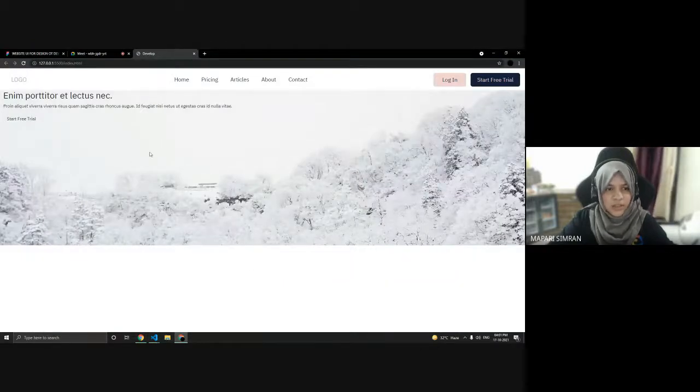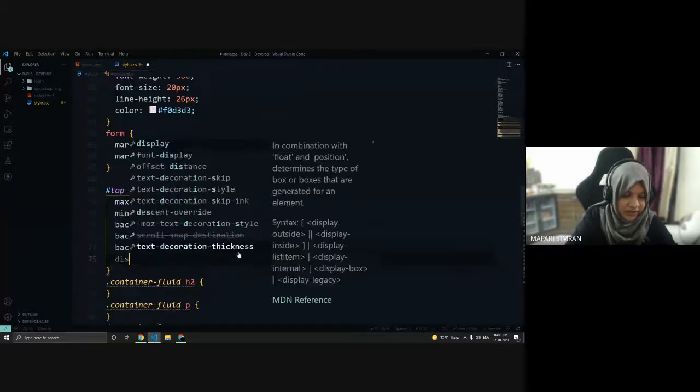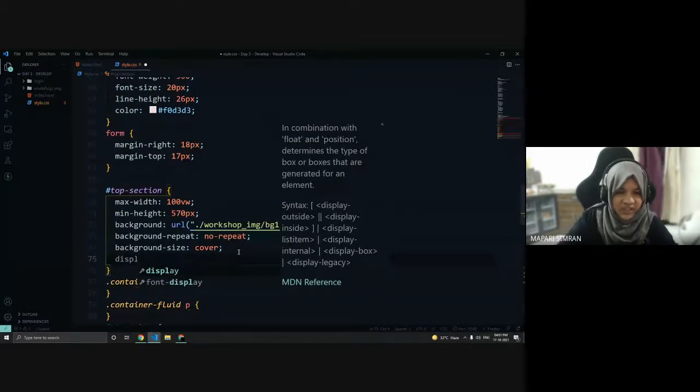So it's taking the size properly. Now we have to just align this content at the center, and we have to give styling according to the design to this text as well, the basic style only: font size, font weight, and font family. Okay, so first let's give display flex to it. This is the top section, and inside that we have the h2 tag, the p tag and the button tag.